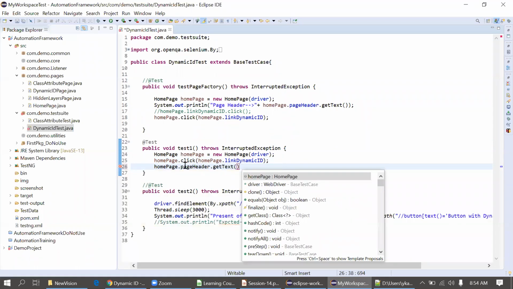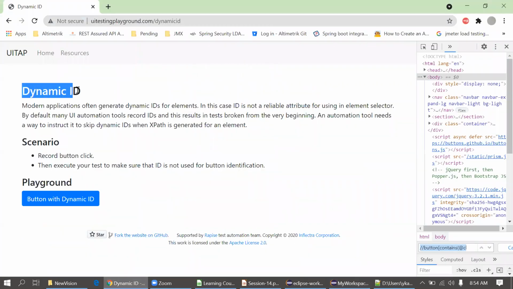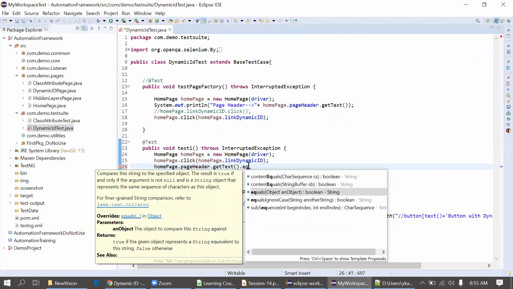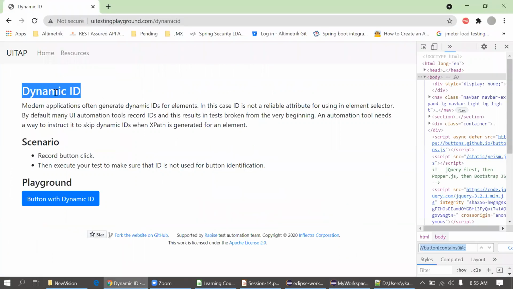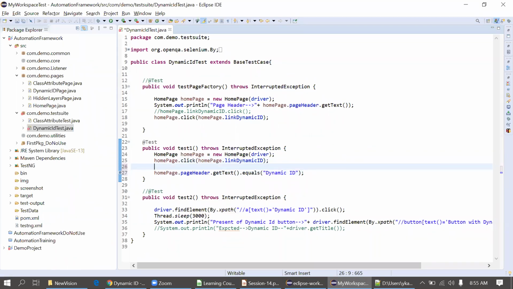Get text will simply return this value, dynamic ID. Get text dot equals what is expected; we are expecting dynamic ID there. This should be hard coded. This is a boolean statement, it will return a boolean. But if you are not navigating to this page, our test case should fail, so for that purpose I am putting the assertion here.